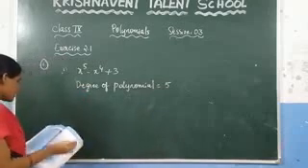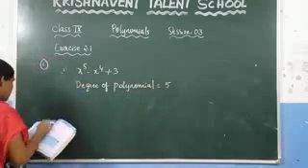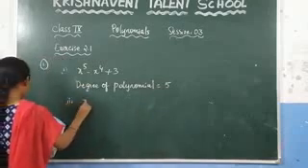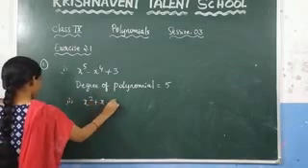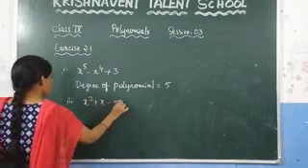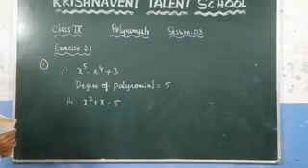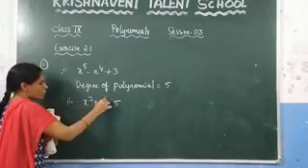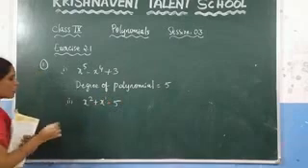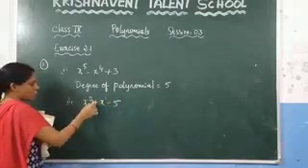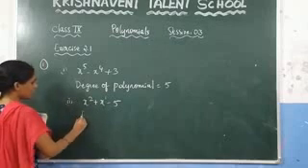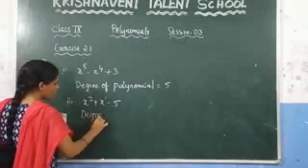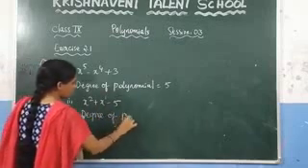So see the next question here. The second question, which is what they have given, x squared plus x minus 5. Now in this polynomial, if you want to check the degree, you need to check what is the highest power. Here 2 is there. If nothing is there, you can write it as x power 1. Among these two numbers, what is the biggest number? 2. So we can say that the degree of the polynomial is 2.